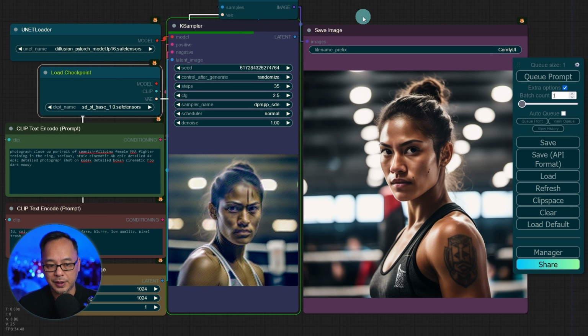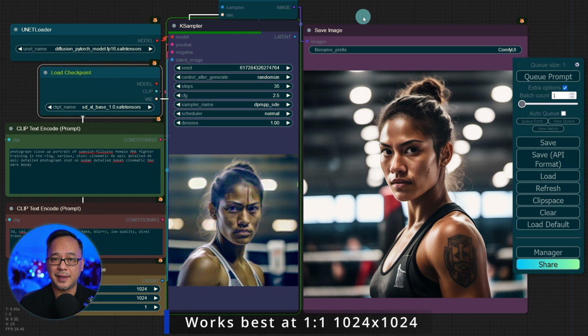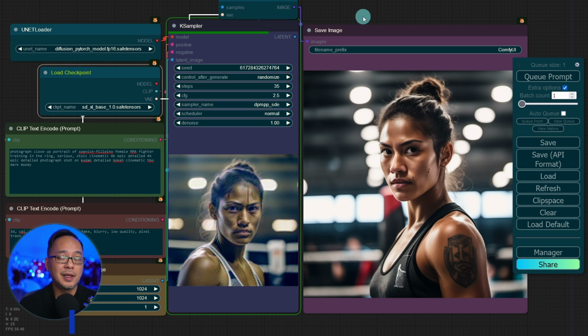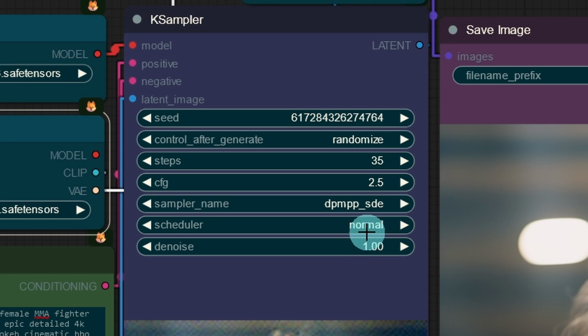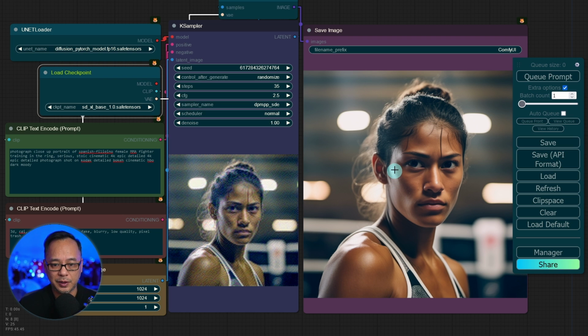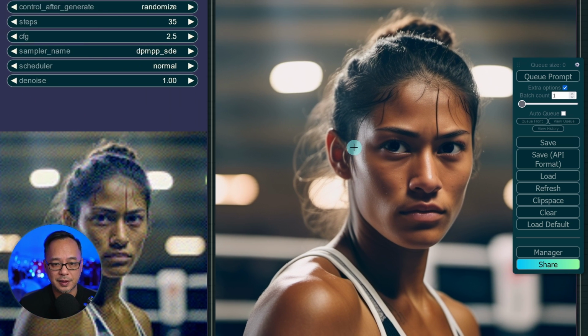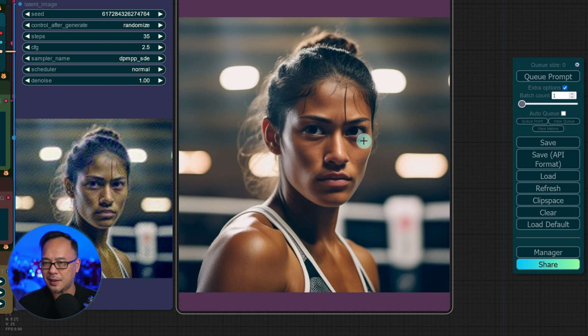And one thing to point out, this current model works best at a 1:1 ratio, 1024 by 1024. You could probably stretch it to 768 by 1024, 832 maybe. There is an updated model being worked on that does better with different aspect ratios. So don't stray too far from 1024 by 1024. Any of the samplers will do. I'm running DPM++ SDE for this one. And as we zoom in here and look at the results, this one's more of a realistic cinematic type of